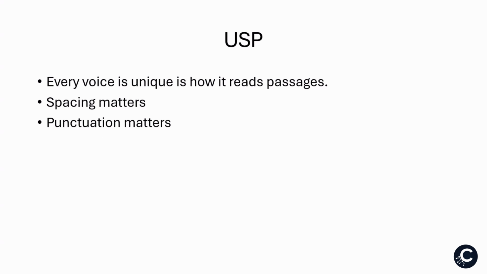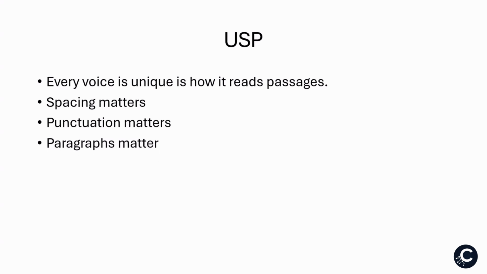Punctuation matters. Where you put commas will dictate sometimes how the AI reads something. You may want to put sometimes a semicolon in there, even though it's not grammatically correct. The AI will read that semicolon, and sometimes it will pause, or sometimes it will convey a specific kind of emotion in the way it talks to try to guess at what it is you're trying to say. So you can always change punctuation to get the AI to read it in the way that you want.